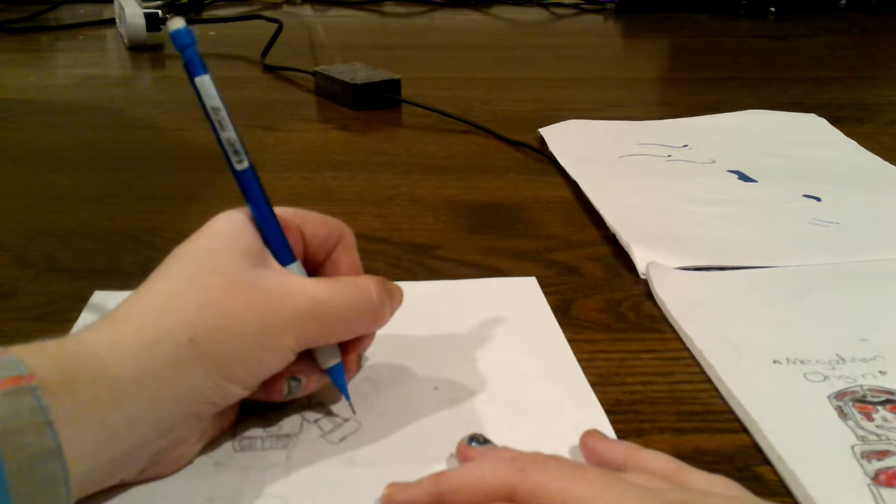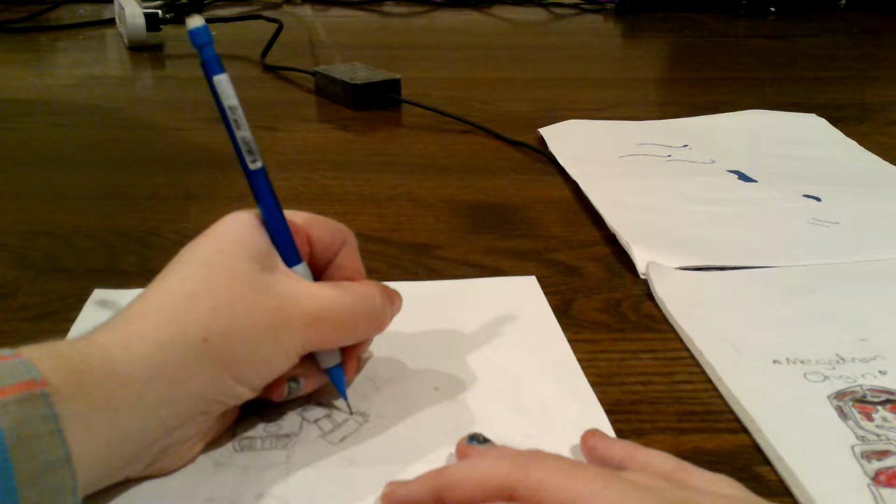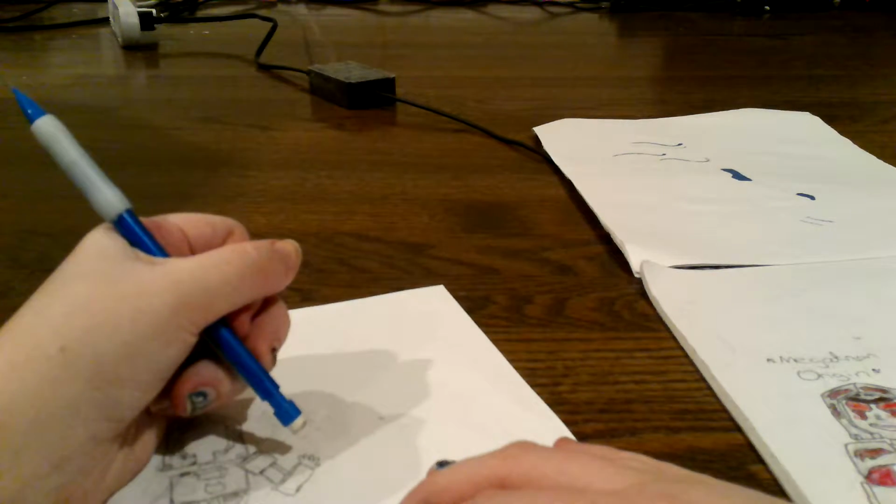And so then I'm gonna, well, I don't really like drawing his hands, but I guess that's fine. He's waving hello. Okay, so remember,